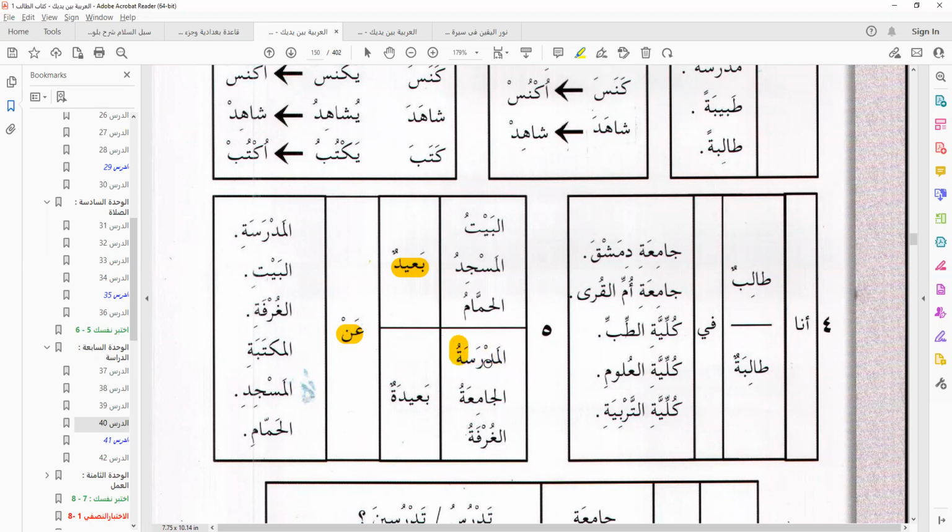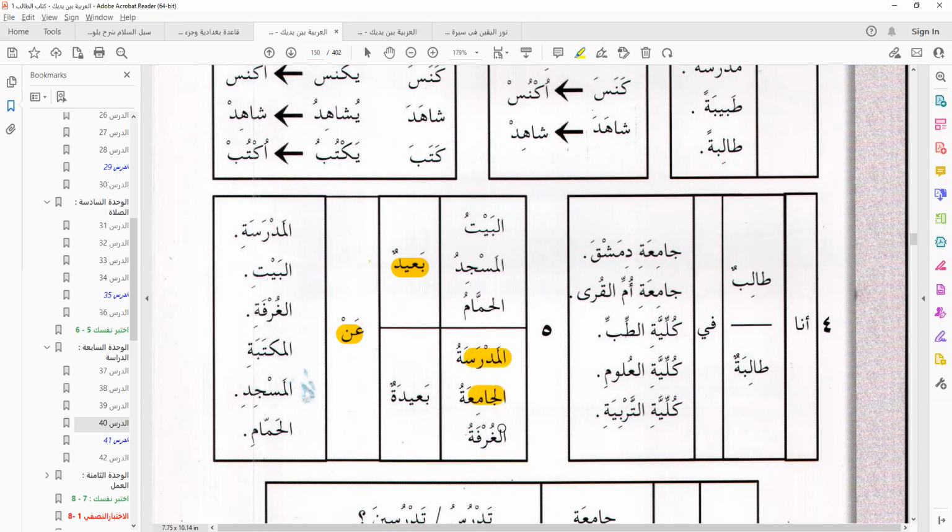So that's why we stop. When you hear, I'm going to the madrasa, it's actually al-madrasatu in writing, but in speaking, we just stop. So we have al-madrasa ba'ida an al-bayt, an al-ghurfa, an al-maktaba, and so on. So just like we would say al-ghurfa, we say al-jami'a as well.